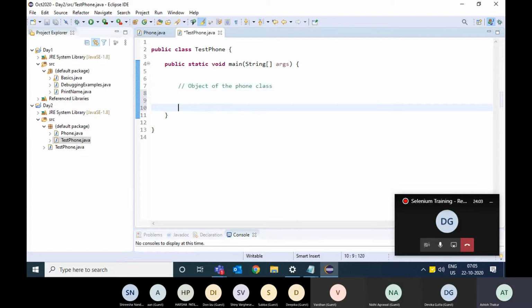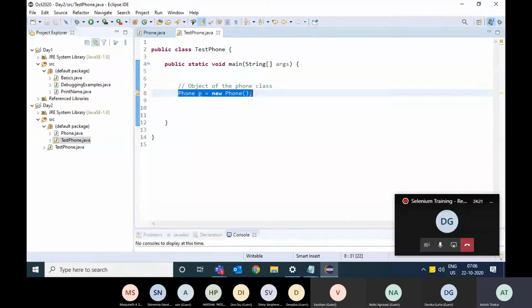I am going to create an object of the phone class. And how do we do that? You just have to write phone p equals new phone. When you write like this, you are basically creating the object of the phone class.